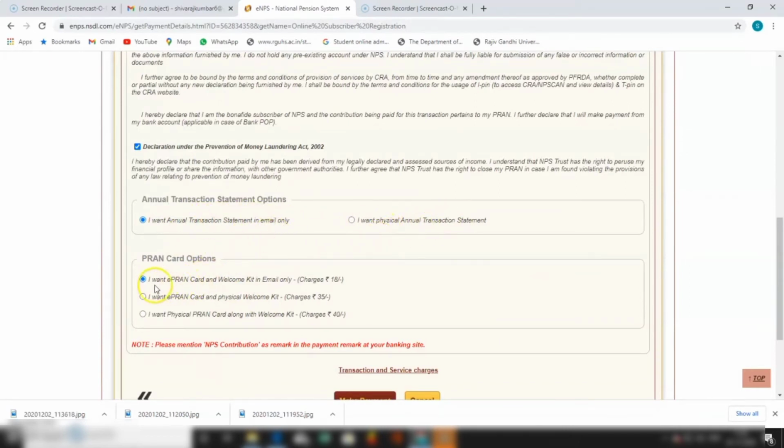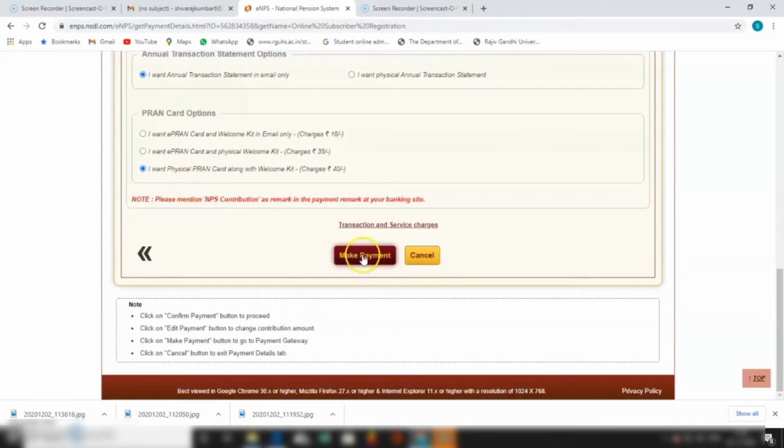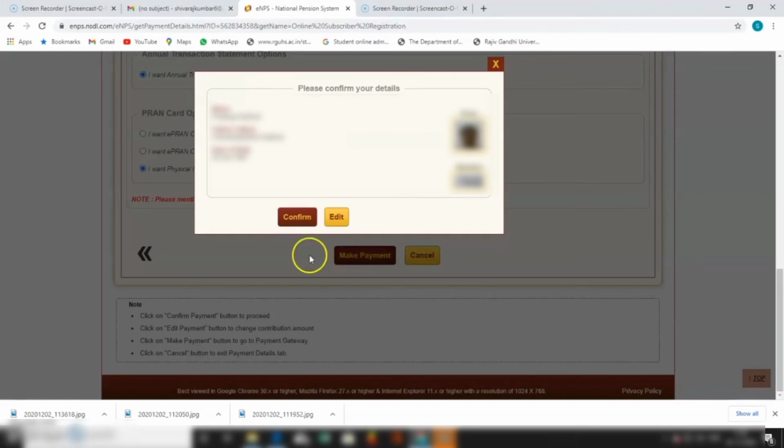And about PAN card options, you want e-PAN card and welcome kit in physical form or in mail. So I'll click on I want both PAN card and the welcome kit in physical form, and next I'll click on make payment.